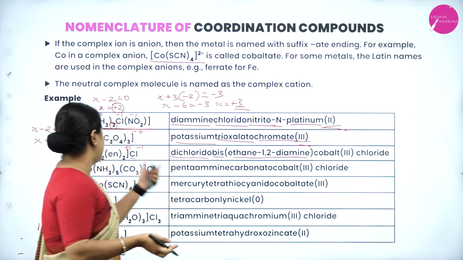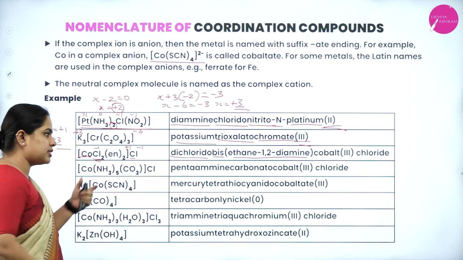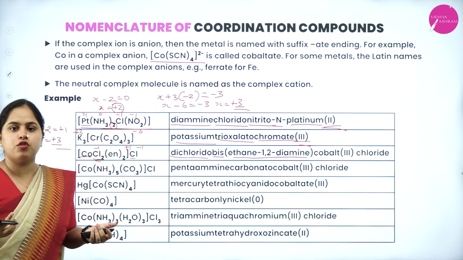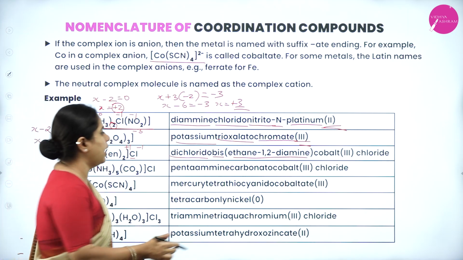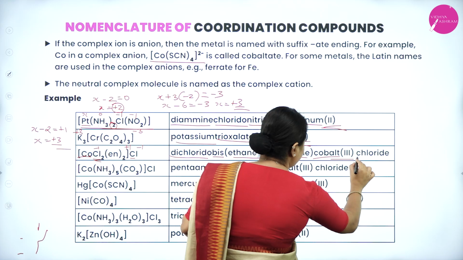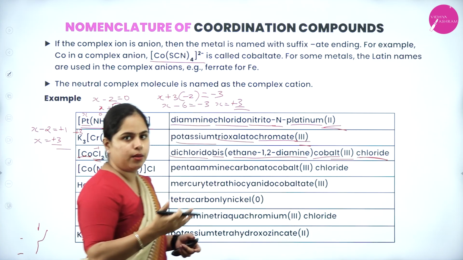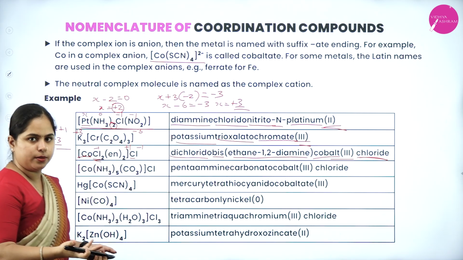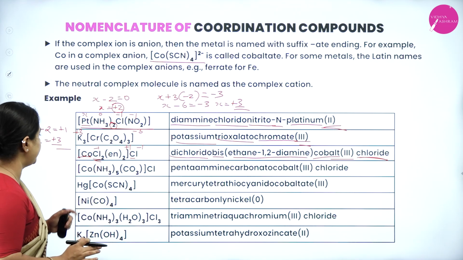And what is the central metal atom? It is cobalt. In this case, it is cationic, so we don't have to write cobaltate. It is just cobalt, right? Cobalt. And what is the oxidation number? It is +3. And whichever is the counter ion, we write the name of it. It is chloride. Okay. So I hope it is clear. Next one,